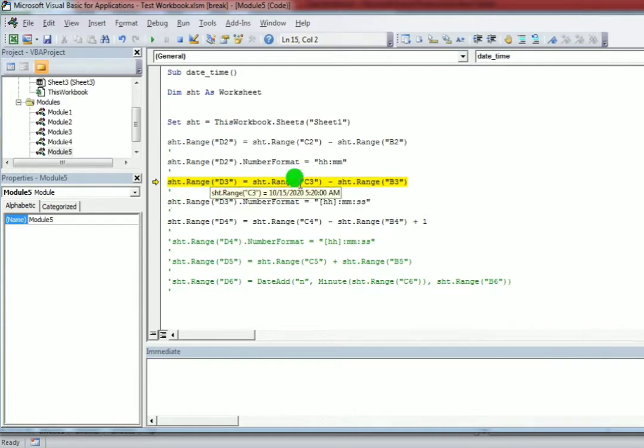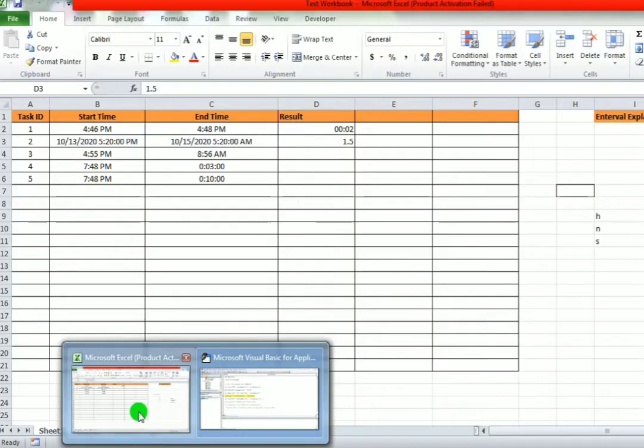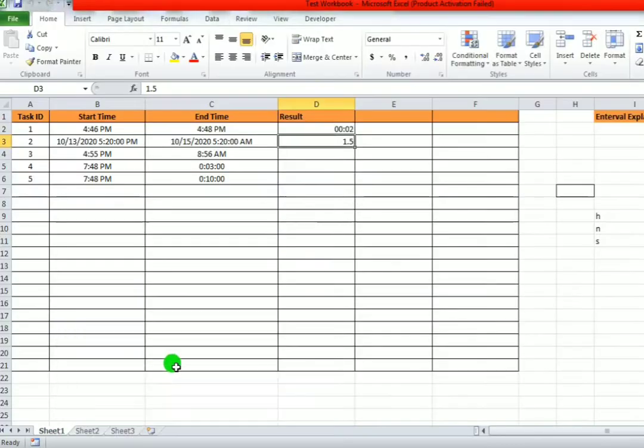I simply subtract B2 from B1 and save the result in D3. Now I am executing this line. This line has executed, and you can see the output here: 1.5.